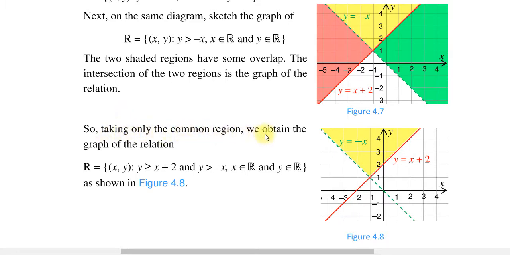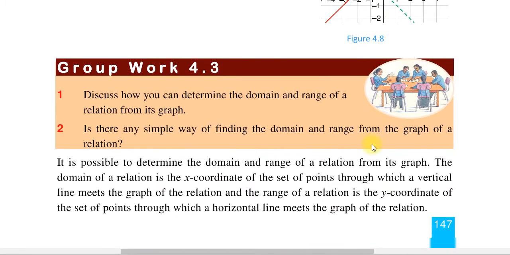So taking only the common region, we obtain the graph of the relation. Set R is the set of x, y such that y greater than or equal to x plus 2 and y greater than negative x, and y is an element of R. ግራፉ ይሄን ይመስላል ማለት ነው። ኦኬ በእንደዛ አይነት መልኩ ሌሎችንም መስራት እንችላለን።